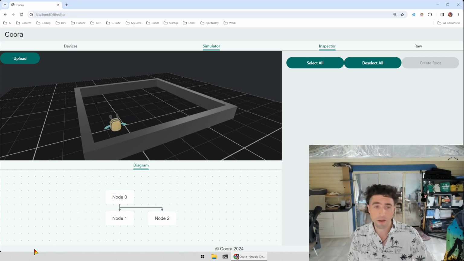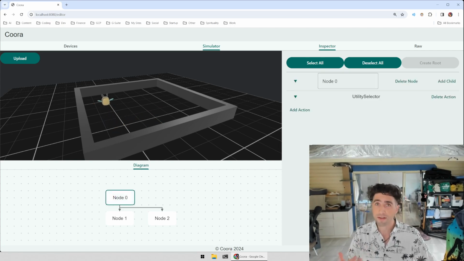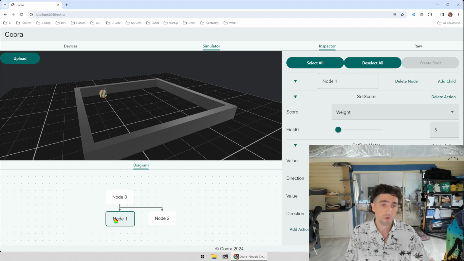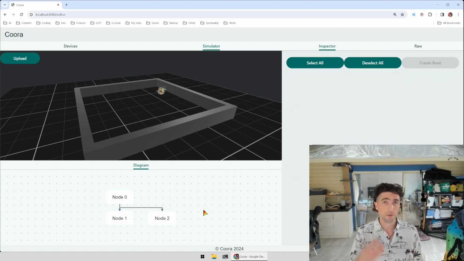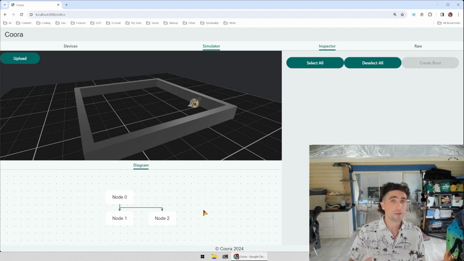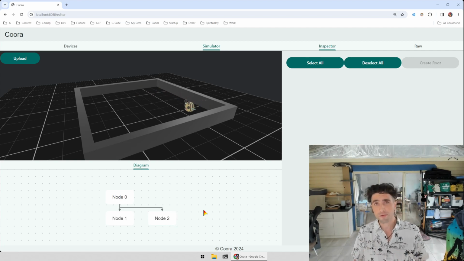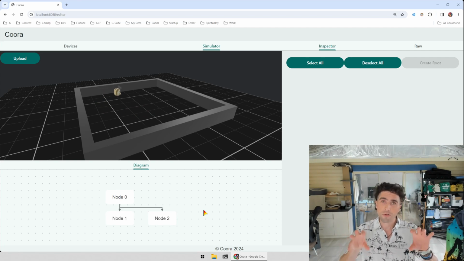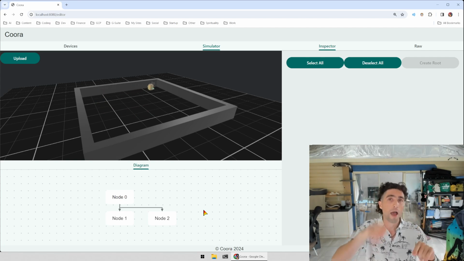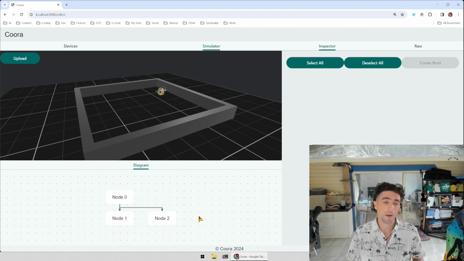So here we've got what we call a utility selector. This one's able to look at the two children, and the two children are what we call actions, and you'd say, okay, which one should go first? Now the difference between this and a simple if statement that you might be using a lot in Arduino or Scratch is that the children are able to tell the parent, how important is it for me to go? So for example,